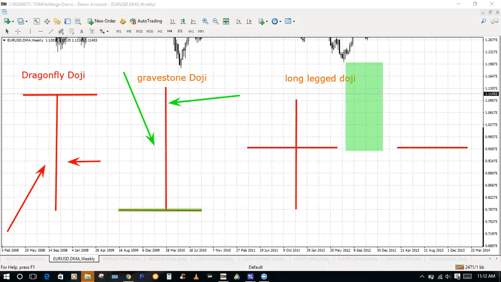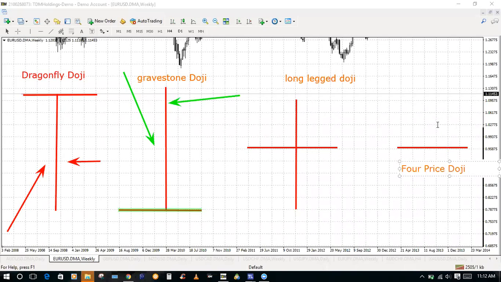So you then trade in the direction of the following candle. Yeah. And then last but not least, we have the 4-price doji. Most of the time I don't cover this one, simply because it's very rare to come across this type of doji, especially in the